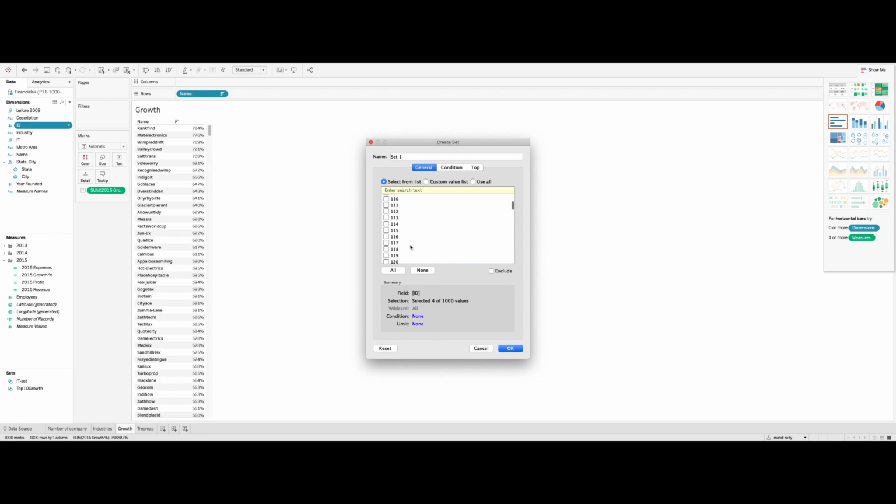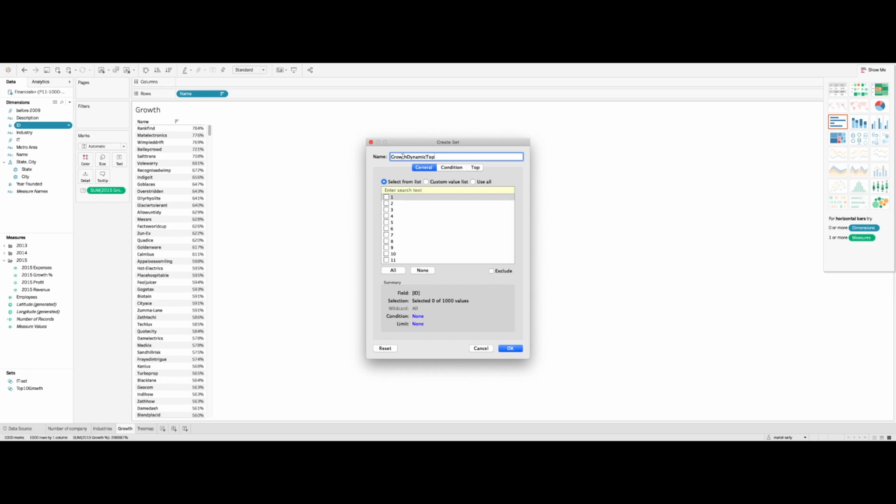But still, even for 1,000 it's very boring. I'm looking for a better way to define my top 10, 5 or 8 companies with the highest growth. Let's try a new name for this one, growth dynamic